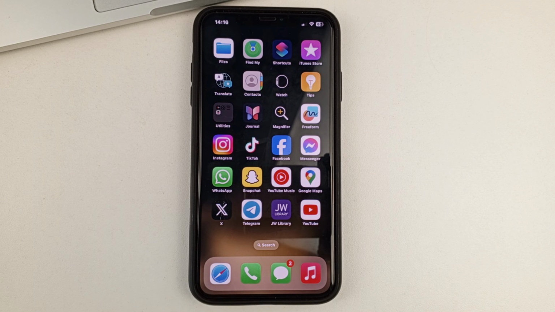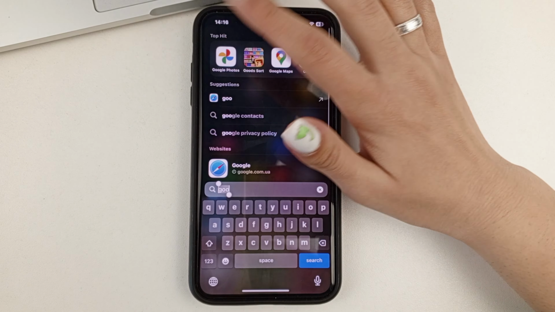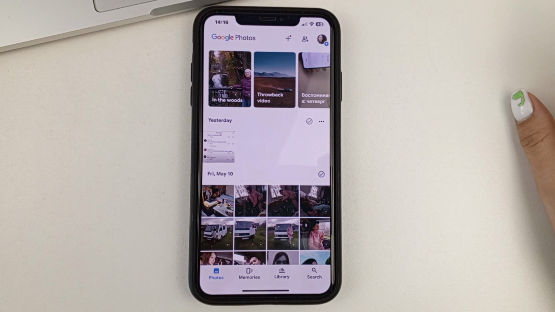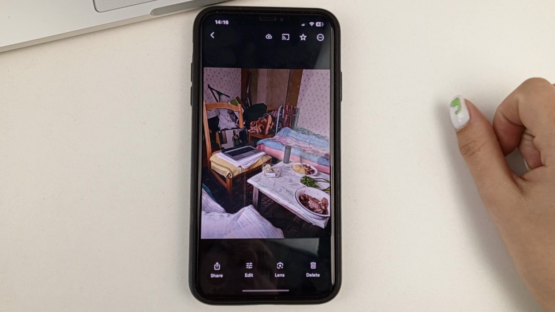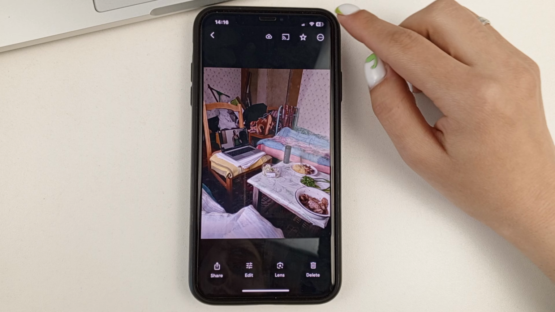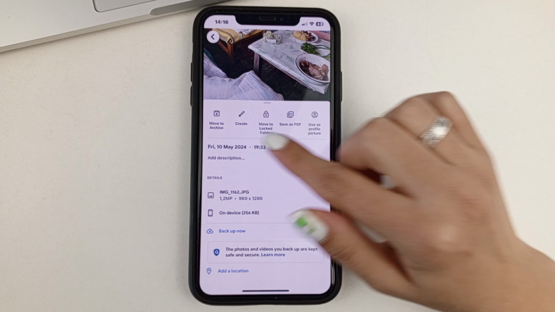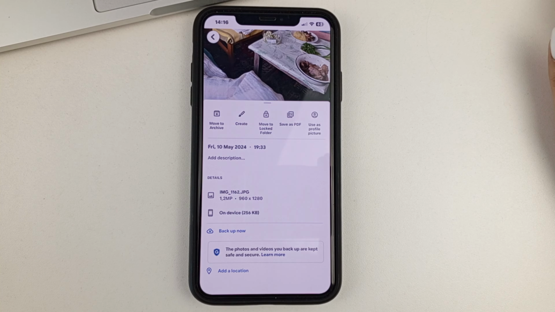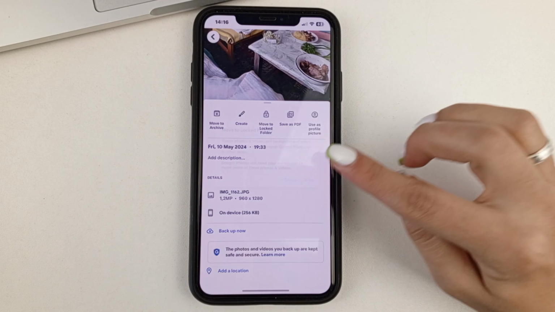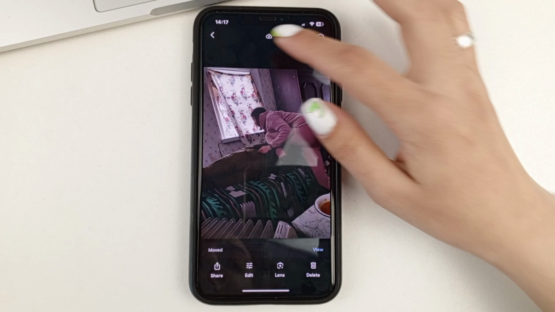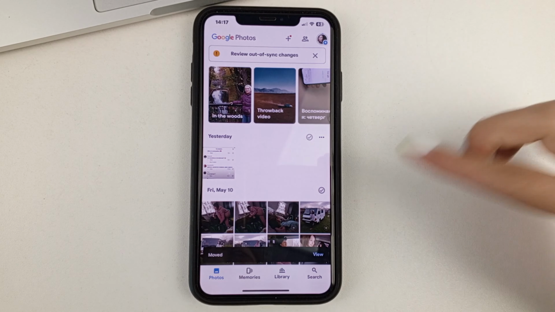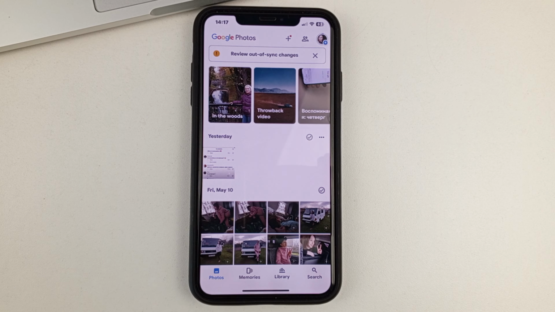Let's get started. First, open the Google Photos app on your phone. Now I'm going to show you how you can hide photos in general. To do this, select some photo. At the top, tap on the three dots. You'll scroll a little bit to the side. And here you'll see a lock sign like this to move to hidden photos. You click on it, and then you say yes. So the photo will be removed, as you can see, from the shared photos on Google Photos. Move to the hidden photos folder.